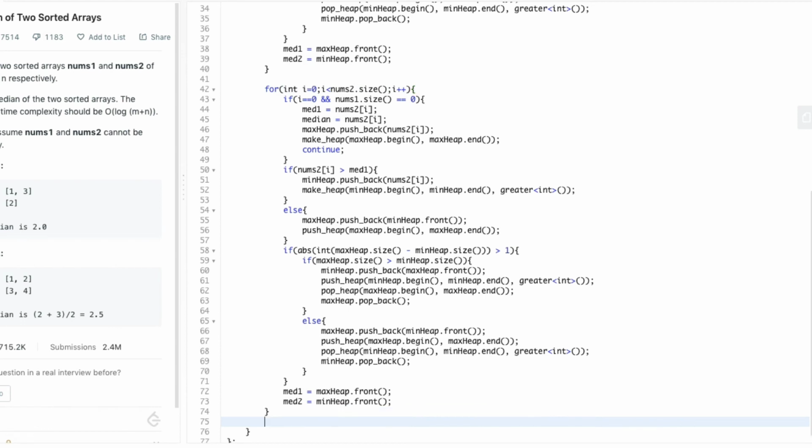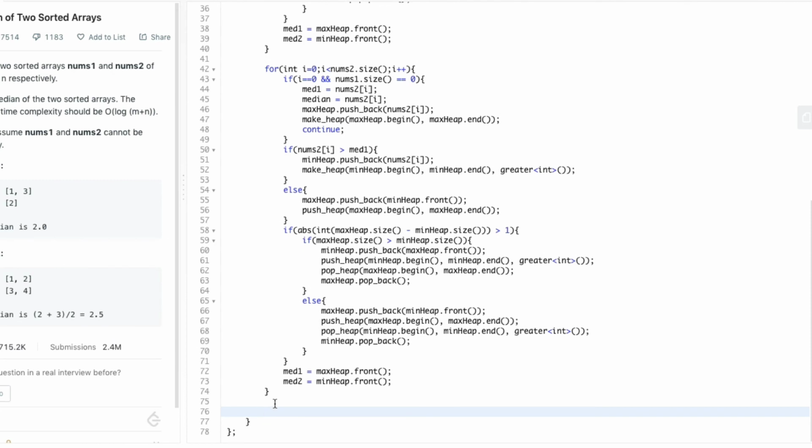And finally, we can find the median. Here we check whether the absolute difference of sizes of min heap and max heap is equal to 1. That is, either the min heap contains one element extra than the max heap or vice versa.